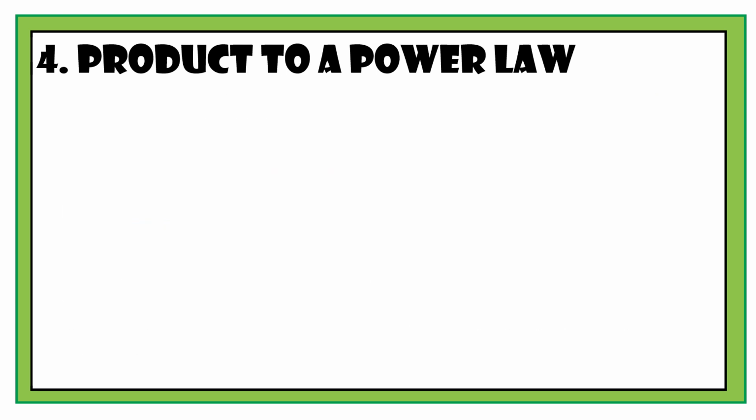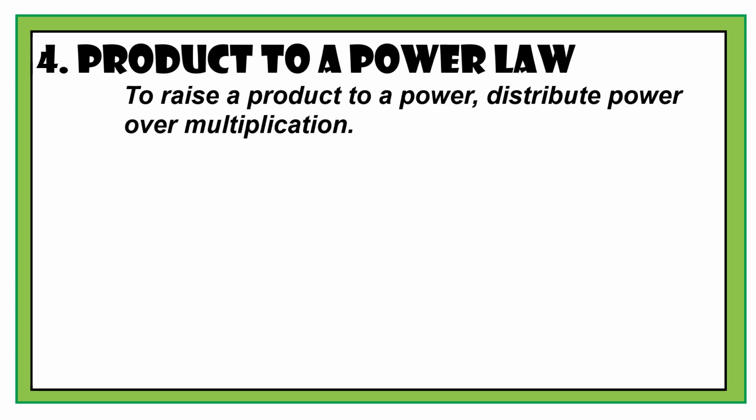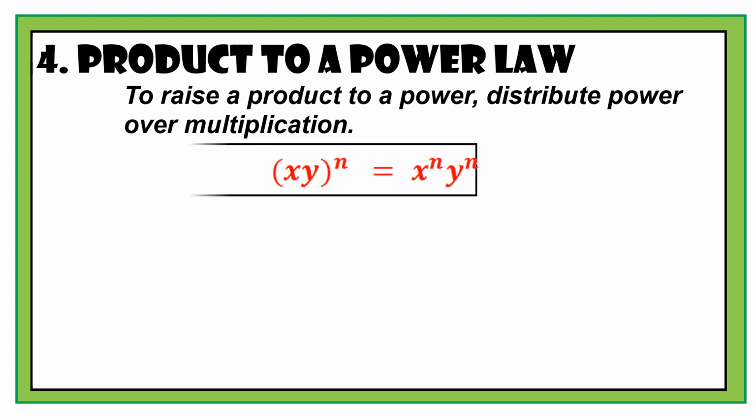Number 4, product to a power law. To raise a product to a power, distribute power over multiplication. In symbols, we have the quantity x times y raised to n equals x raised to n, y raised to n. Ibig sabihin, didistribute lang natin yung exponent sa x and y. Examples,